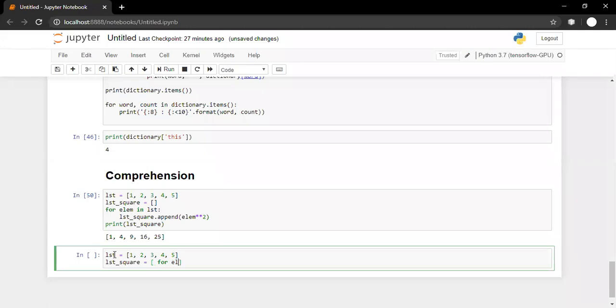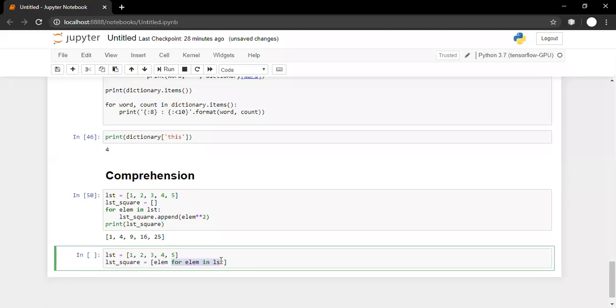For lm in lst. It will take the first element, then second, then third, then fourth and fifth, and it will pass that element over here. This part is called the expression part or processing part, and this is called the iterative part.